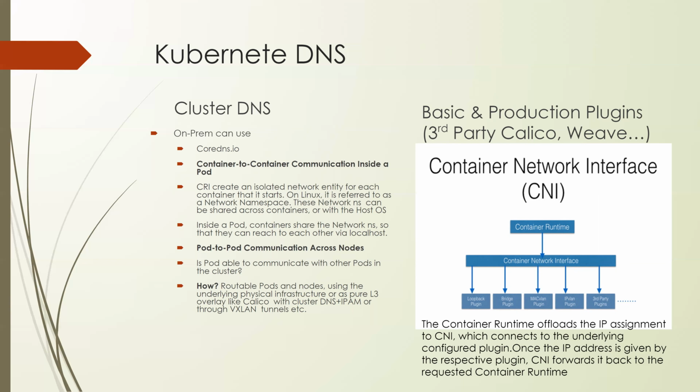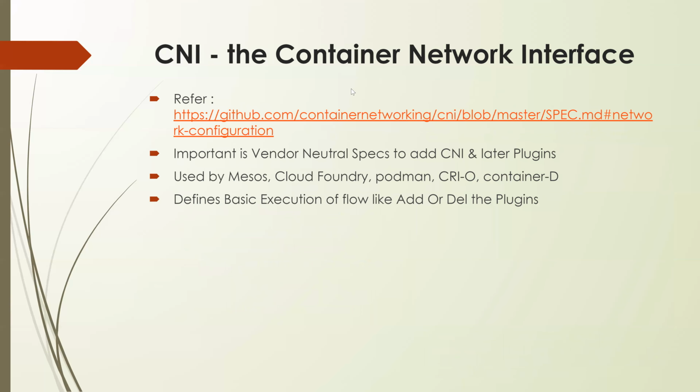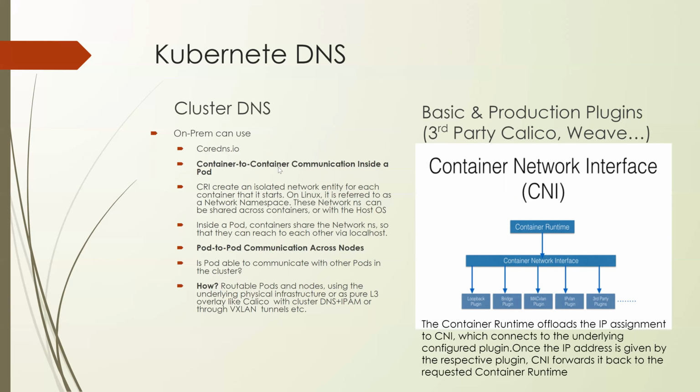So container to container communication is inside a pod. What I mean is, inside a host, basically inside a node, not inside a pod. Okay, let me correct that later. But essentially, container to container communication inside a node is through the pod. And how do you do that? By invoking the CNI: the CRI, that is the container runtime, will invoke the container network and offload, saying, hey, get me your pod and let us connect them.